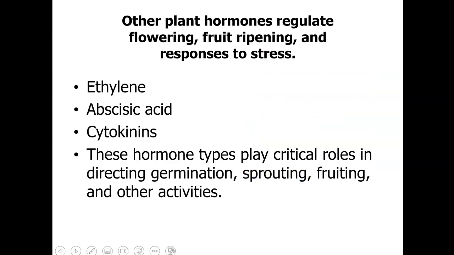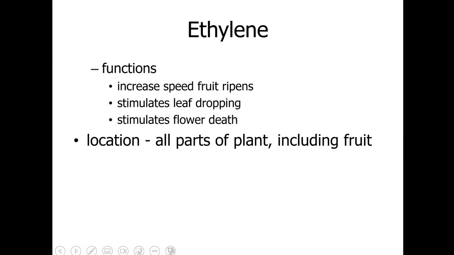Other plant hormones are going to regulate flowering, fruit ripening, and responses to stress. And so we'll have the ethylene, abscisic acid, and cytokinins that help do this. They're going to play a role that is going to be critical in directing things like germination, sprouting, fruiting, and other activities. So if it's ethylene, it's going to increase the speed fruit ripens, it helps stimulate leaf dropping, and